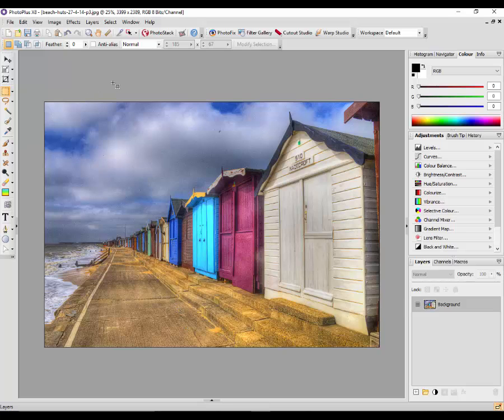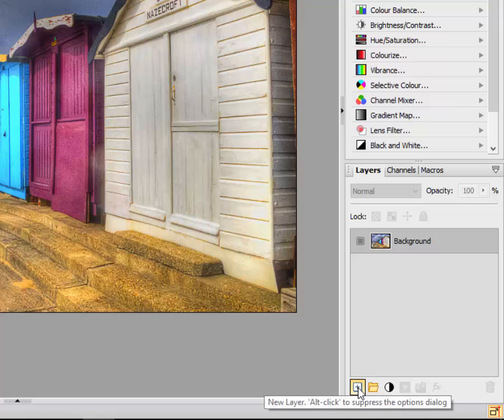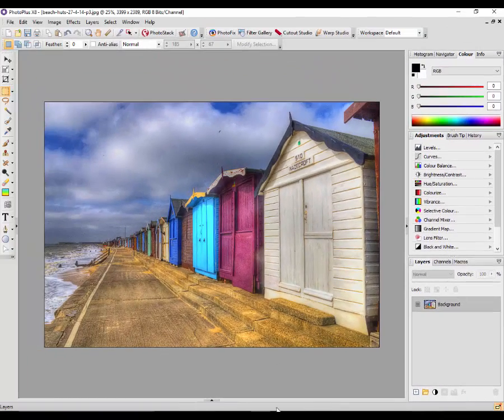PhotoPlus. So the first thing I want to look at is the layers. Now down here in the right of PhotoPlus you have the layers display area, and along the bottom you've got the symbol for a new layer, layer groups, the half black and white circle for an adjustment layer. These ones are currently greyed out, but you have add layer mask, add layer depth map and the FX layer. If you go to